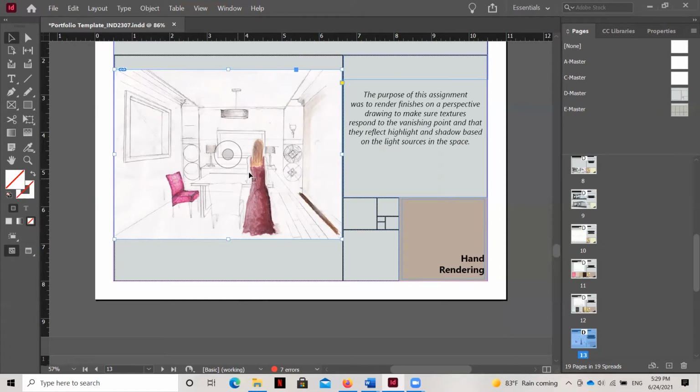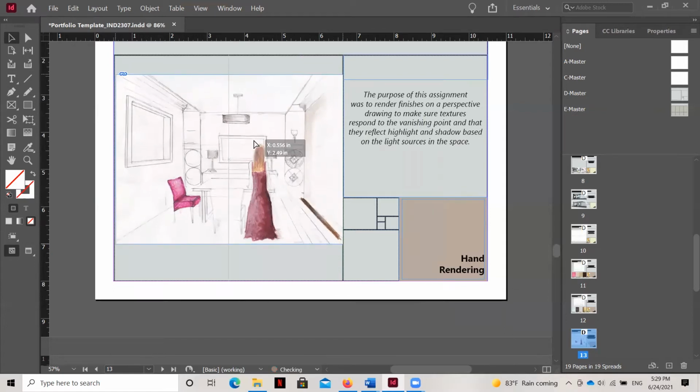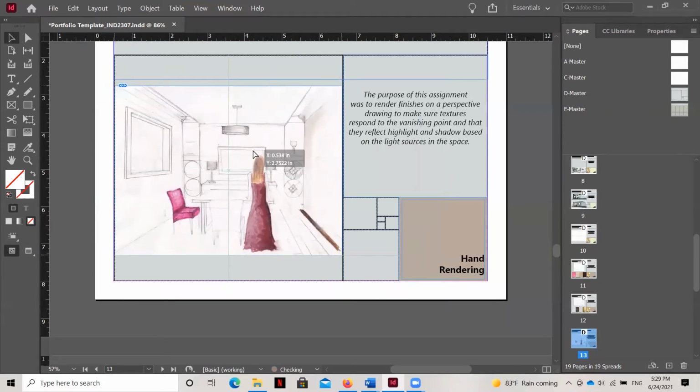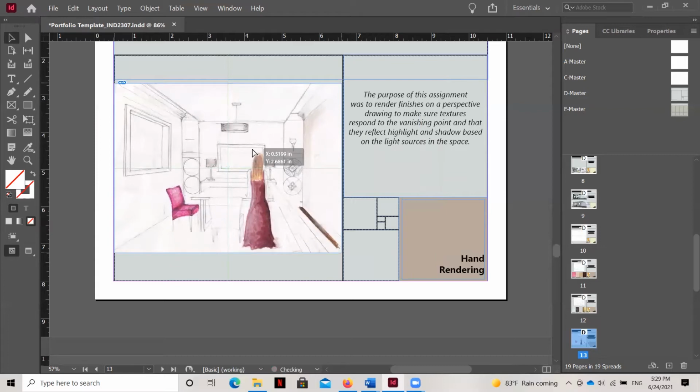Okay, now I'm going to click the image itself, and I'm going to move it. I'm just dragging it, and I'm waiting to see when those green highlights show up. You can see there's a green crosshair in the middle, both running vertically and horizontally, and it's telling me the midpoint on the vertical and horizontal part of that square. So I'm going to let go once I've got it.